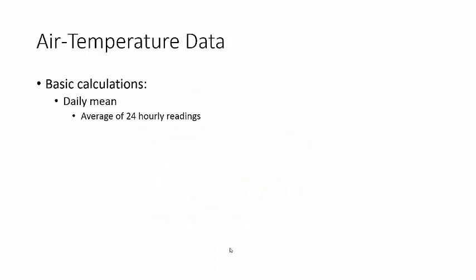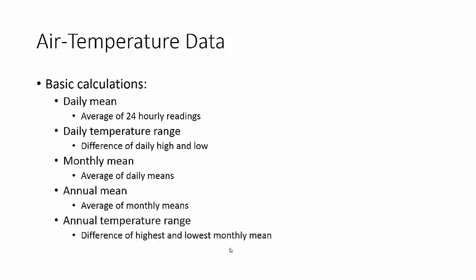There's a whole bunch of calculations that you can do with data, just because people like to write down, even though it's online and you can download all this, but there you go. The daily mean. The mean just means average. That's the fancy math word for average. So what you do is you take all of the 24 readings and you average them out. You take a reading every hour for 24 hours and then you average them out.